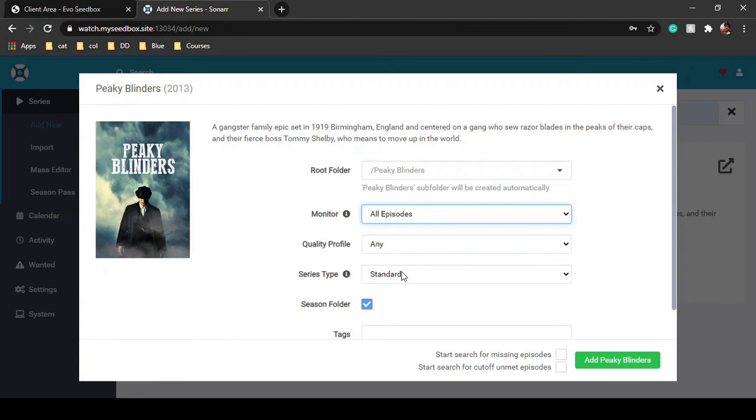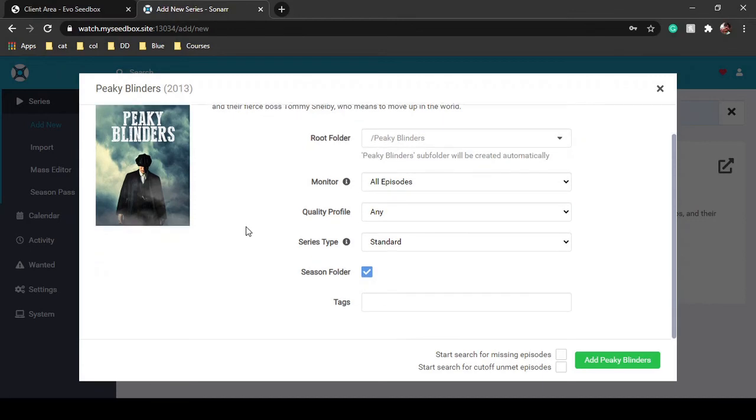Then you can go with pilot episode if you want to just see how a series is doing, if you are really interested. So instead of downloading the whole season, you can just go with the pilot episode and check if you are into that series, and if you are not, you can just remove it anytime. Only the latest season. So I guess Peaky Blinders is on sixth season right now. The sixth season is about to come, so this option will only download the fifth season. And if you select future episodes, that means it will schedule itself for the future episodes to download.